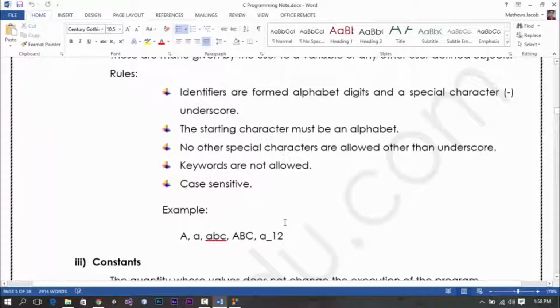Identifiers are formed from alphabets, digits, and the special character underscore. The starting character must be an alphabet. No other characters are allowed other than underscore. Keywords are not allowed. Case sensitive. Example: